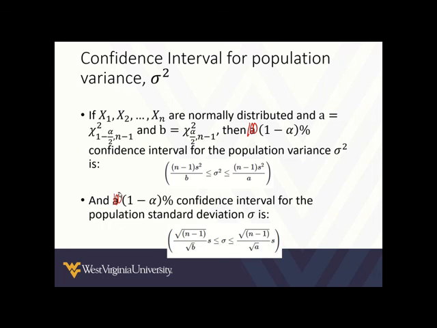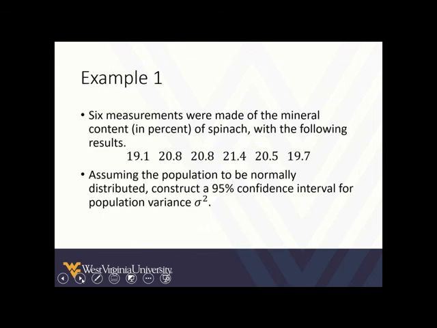As we know, the relationship between variance and standard deviation is by taking the square root. So if we take the square root of the previous formula, we can get a confidence interval for the population standard deviation. And so if we take a look at an example, 6 measurements were made of the mineral content in percent of spinach with the following results: